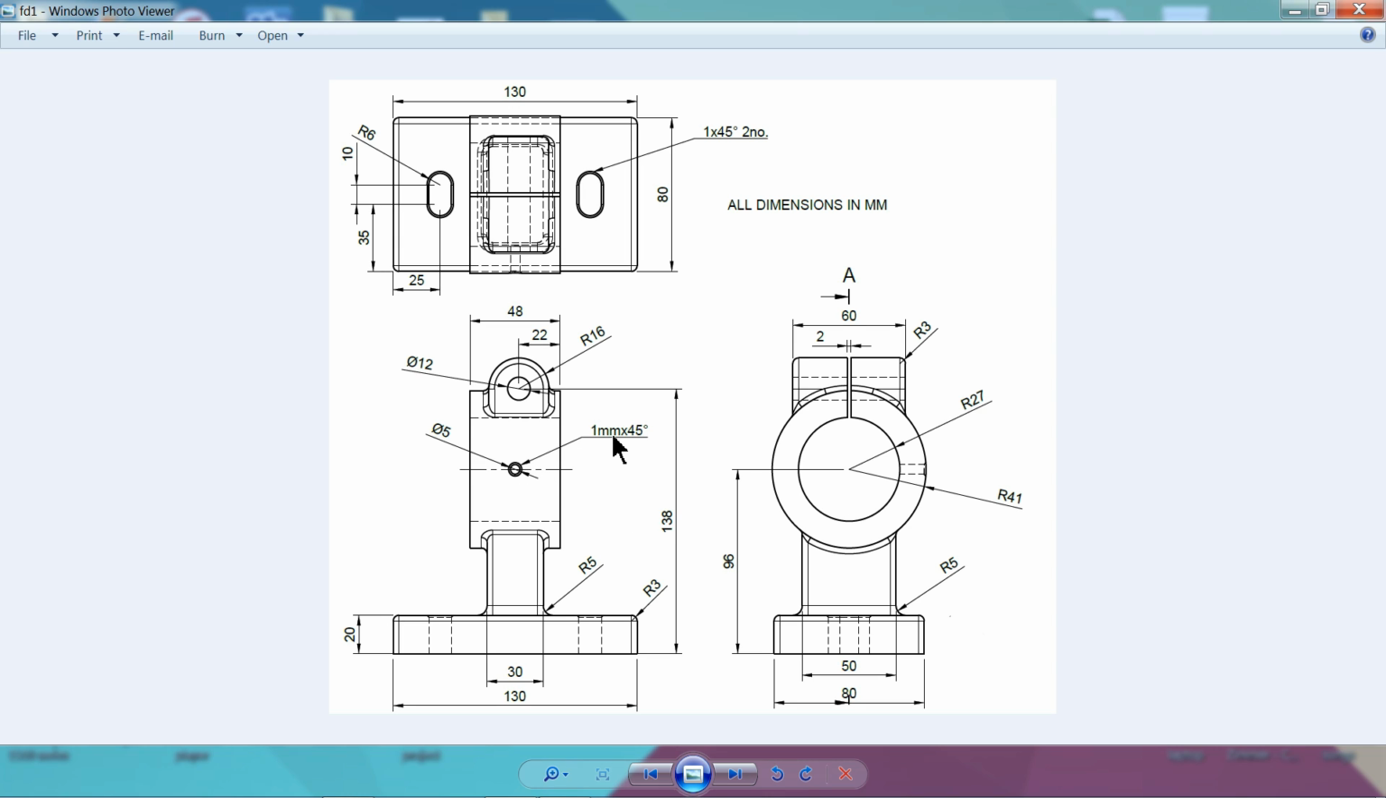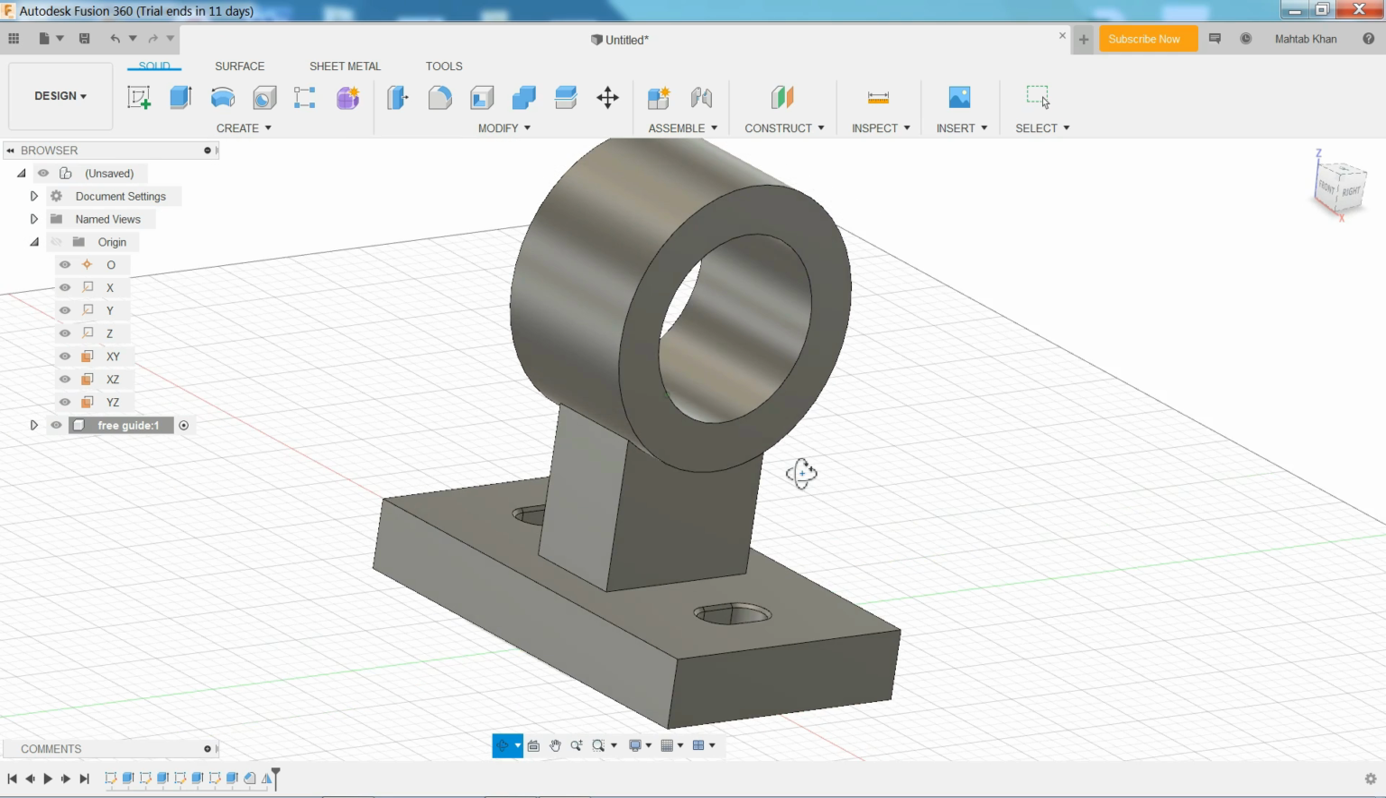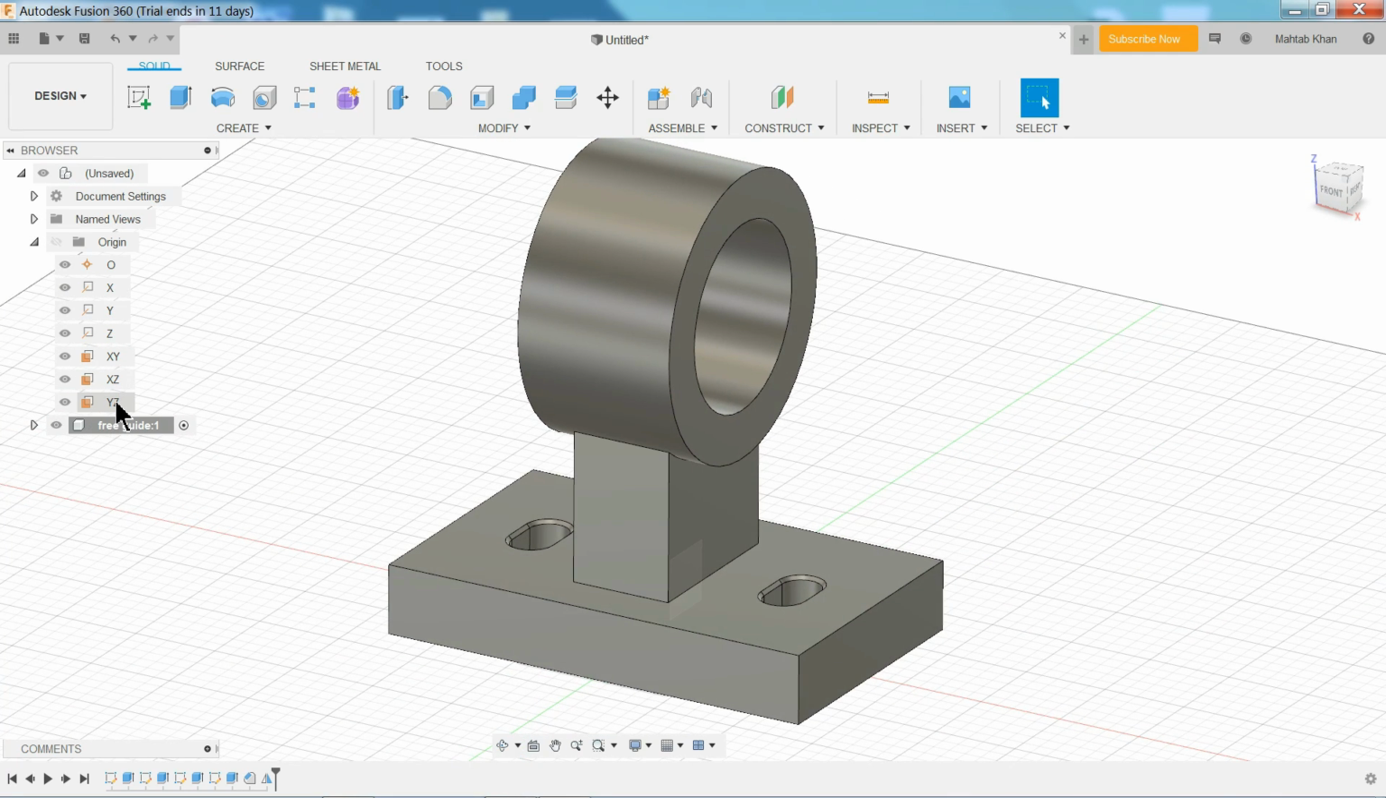Okay, we will create this one, and we will create this hole, 5 millimeter, only on one side. Chamfer is 1 by 45 degree. So these two things we will make. Now let me choose here